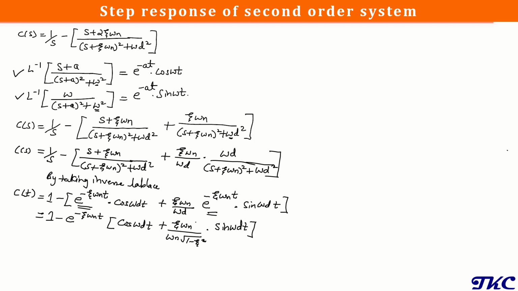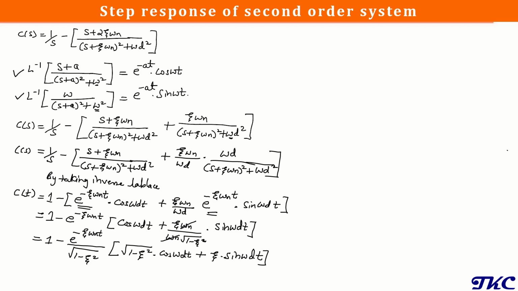Now here we can cancel omega n from numerator and denominator. Now again we can take common this under root of 1 minus zeta square also, so that it can come out of this bracket. So let's write that one, 1 minus e raised to minus zeta omega n t divided by under root of 1 minus zeta square. Now in bracket, since we have taken root of 1 minus zeta square common, we need to multiply this term with root of 1 minus zeta square. So it will be root 1 minus zeta square into cos of omega d t